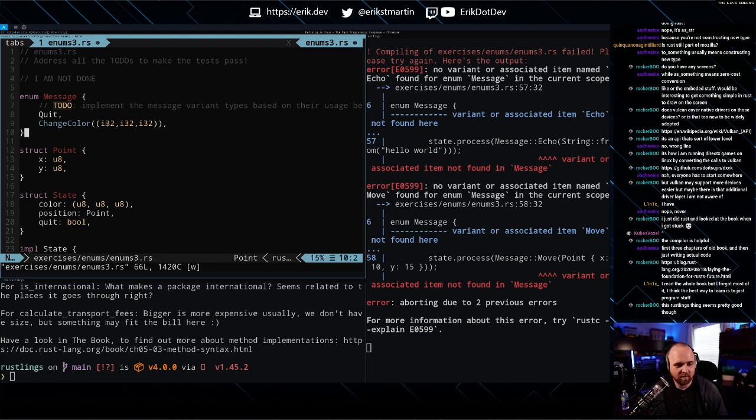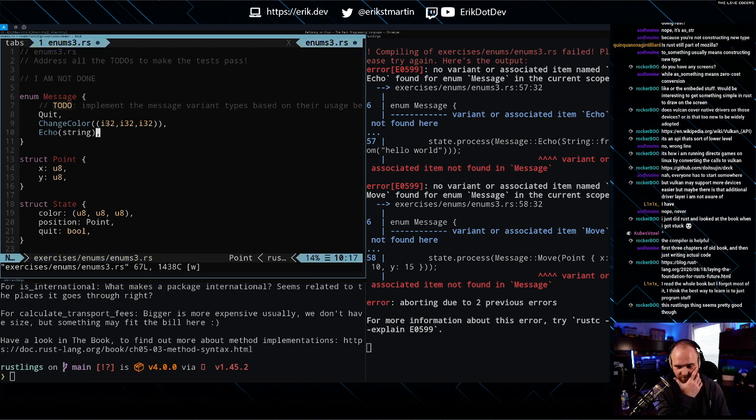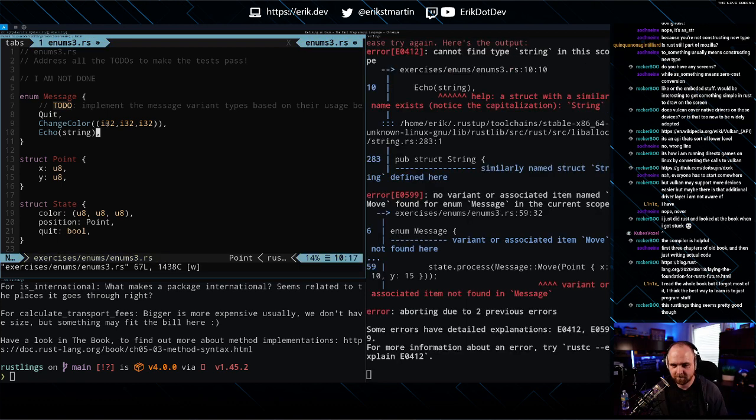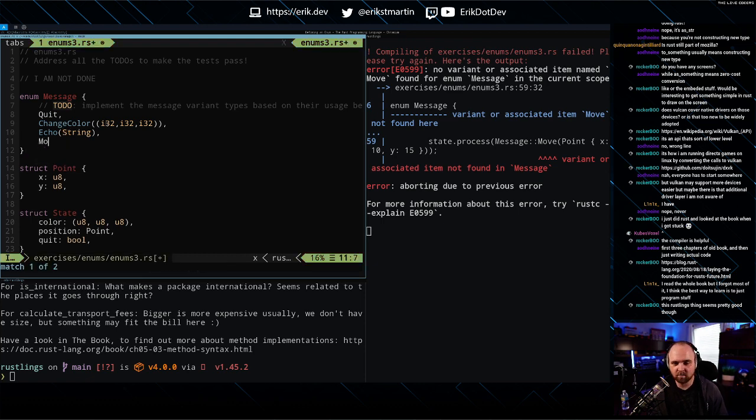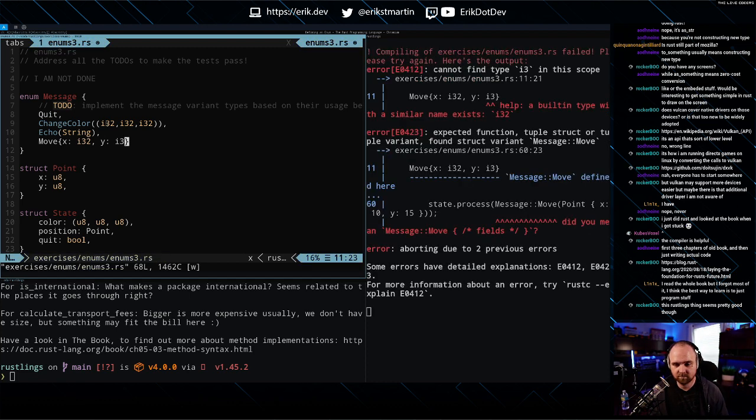All right, so we need our echo, which was a string. How do I keep doing that lowercase? Okay, variant or associated item, so we need move. And that was a struct, and we had x, i32, y, i32.